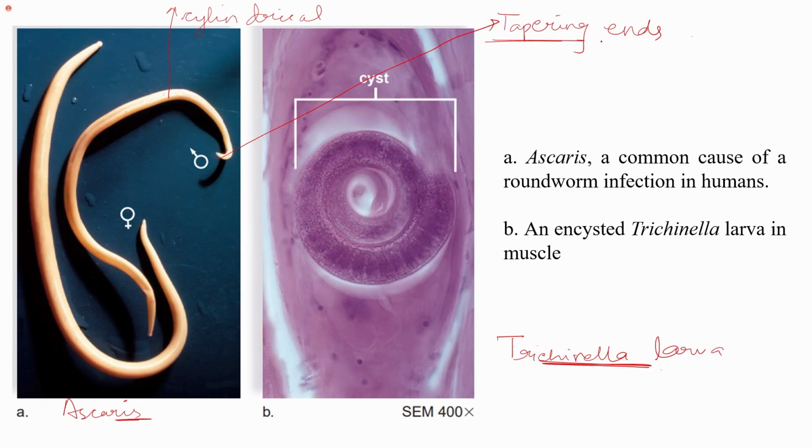In the platyhelminthes, we see that the males are large and the female resides in the groove of the male. While in Ascaris, it is the female which is larger. This one is the female, which is larger than the male. The female is normally larger than the male in the case of Ascaris.